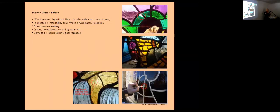And so we brought in a stained glass artist, Adam Grietfeld, and his studio. And they came and they did a beautiful job. First they surveyed it to see what the condition was. And then they went through and they repaired the caming. And they also, again,